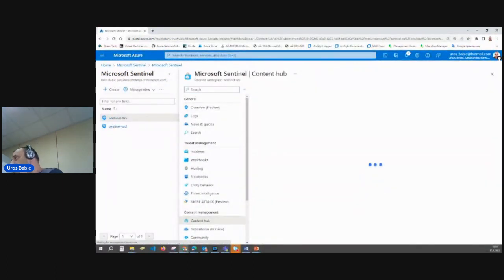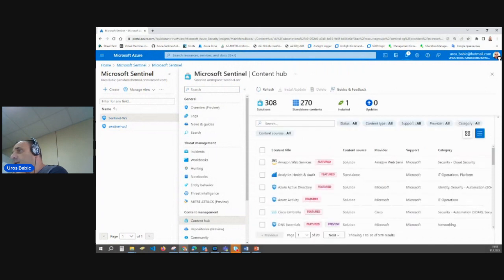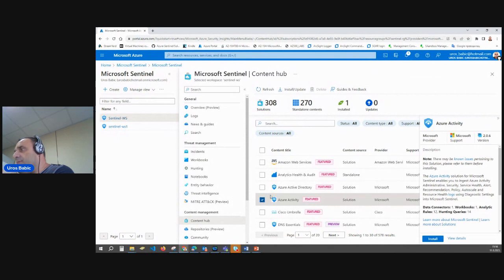That is the next step. And you can see now, I search, for example, for the Azure Activity Content Solution, because my idea now is to enable the Azure Activity Connector. I open Content Hub and I can click Install Update here when I find my Azure Activity, for example, or just install. Click here, and I can install